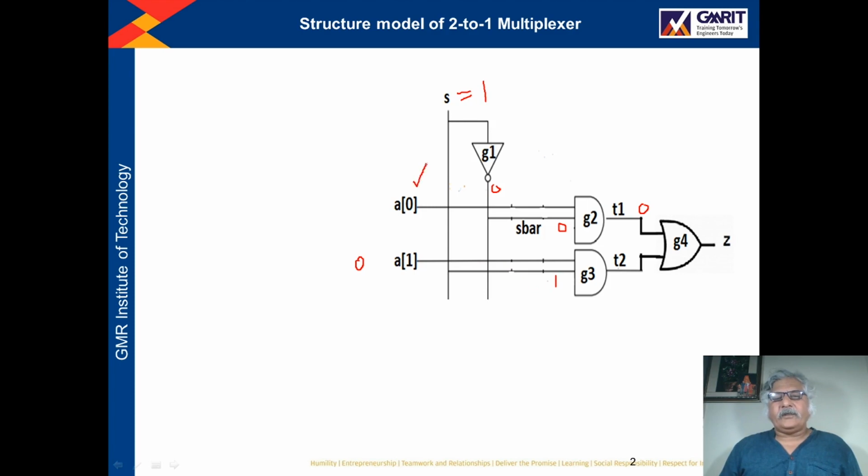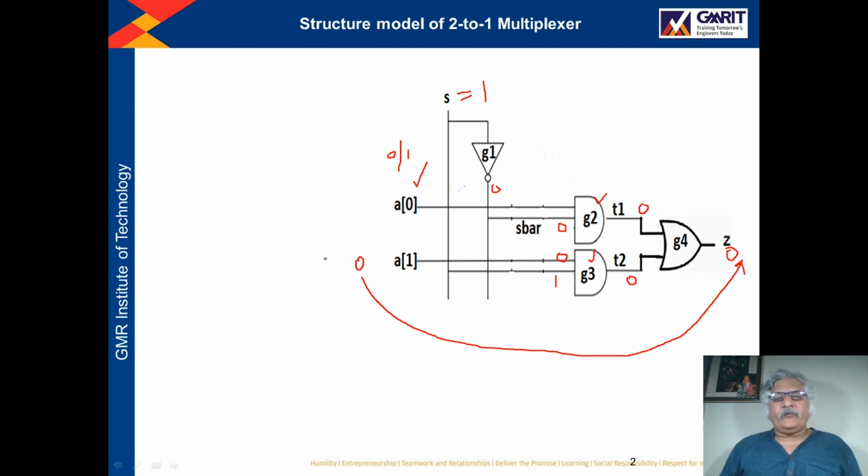Now you just see A0, whether A0 is 0 or A0 is 1, the output of G2 will not be affected by A0, it will always give 0. But in the G3 gate, if the input is 0, this gate will receive 0 here, the output of the G3 gate is 0, and the output of the OR gate is 0. This means this input 0 is transferred to the output.